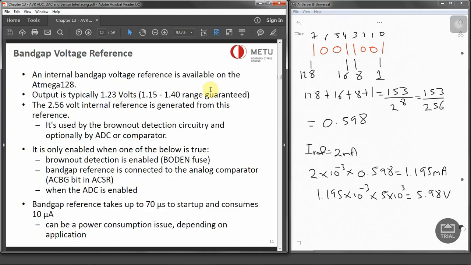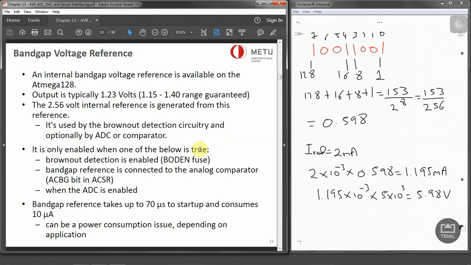And the band gap voltage reference. So we have got an internal voltage reference over here that we can use in the ATmega128, and its output is typically 1.23 volts. So the 2.56 volt internal reference is generated from this band gap voltage reference, and we